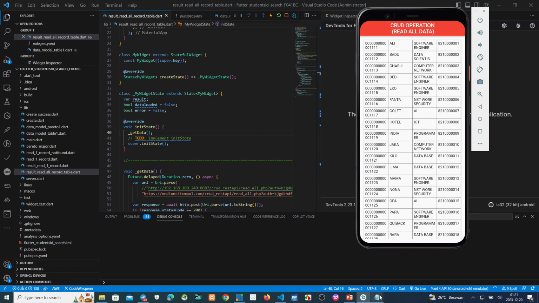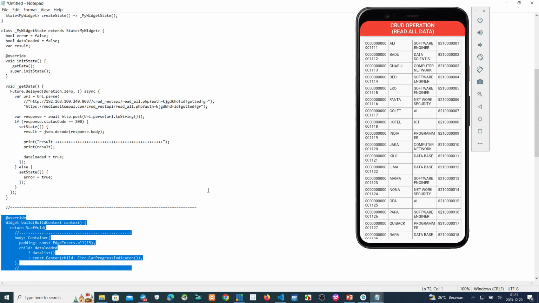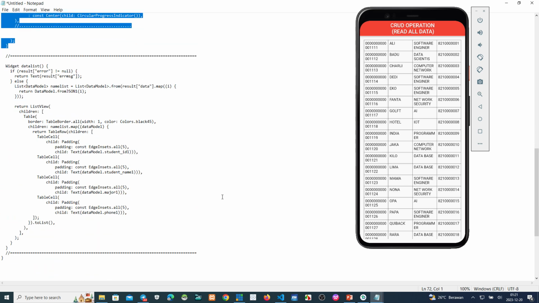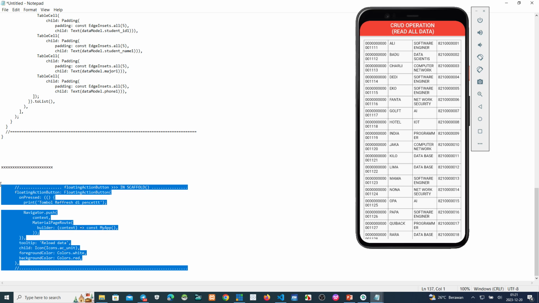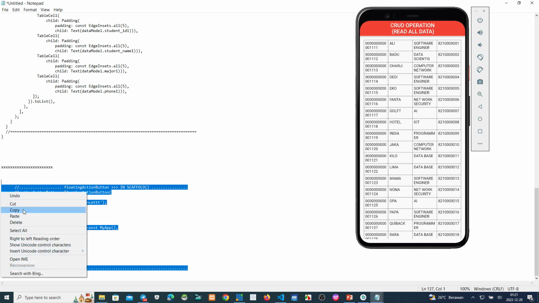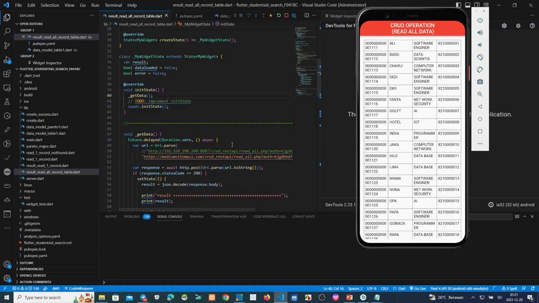Okay, but once more we can put this one action button to make it simple. Copy. Okay, we can see this one.